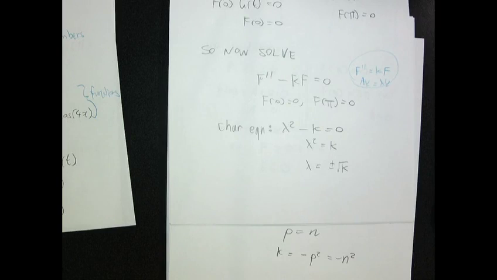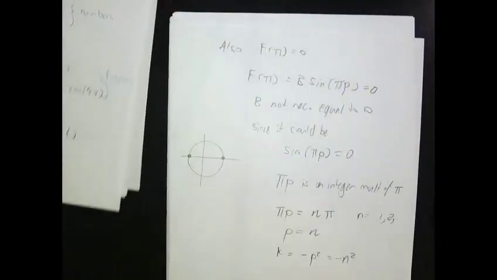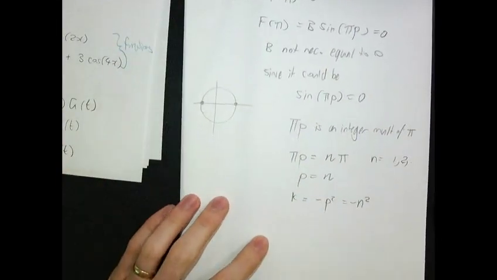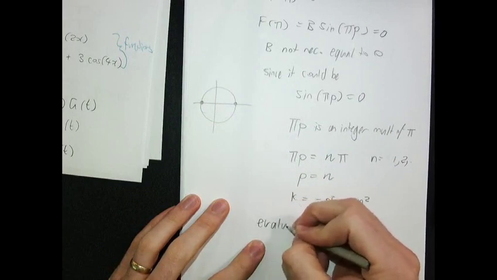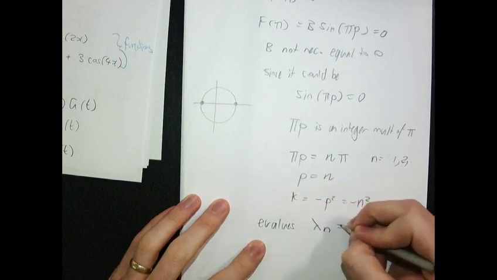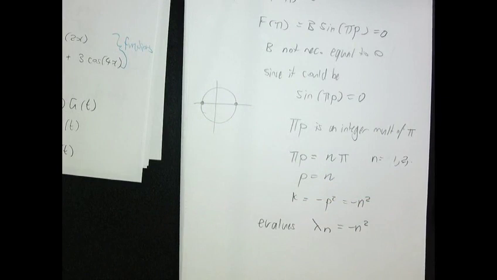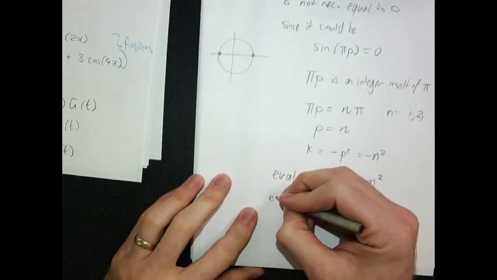And an eigenfunction, because it's an eigenvector, but it's not really a vector, it's a function. So that's why it's called an eigenvalue. And so we're going to say the eigenvalues are lambda n. And the eigenfunctions, well, they're the functions when I sub in what p is into my function. So my eigenfunctions